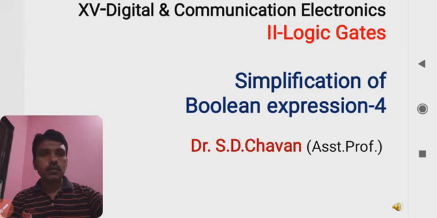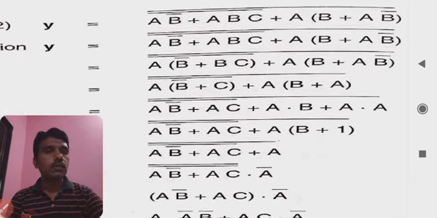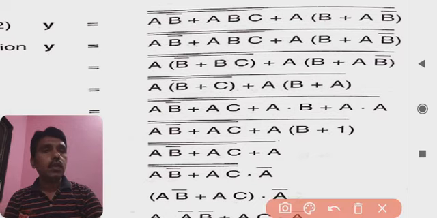Hello everybody. Once again I am here with you for another session on the simplification of Boolean expressions. Previously we have seen a number of expressions and simplifications using the Boolean algebra laws, and now here are a few examples, one of which is AB complement or, if you look at this carefully, AB complement or ABC total complement.